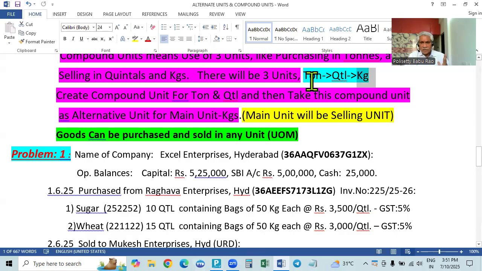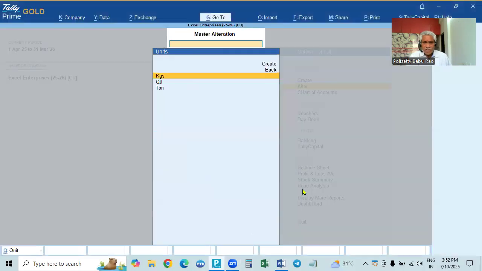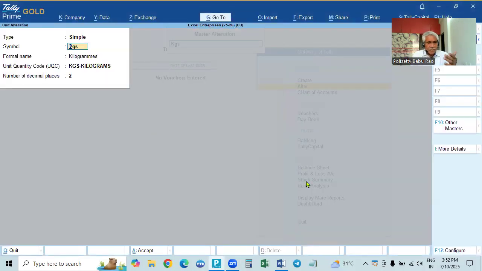Ton, quintal, kg. If we purchase in tons, then we will also sell in tons. But generally that is not done. So you are purchasing in tons, in quintals and in kgs, three units you are using. In this case, we create kgs as a simple unit, kgs, kilograms, and then the unit quantity